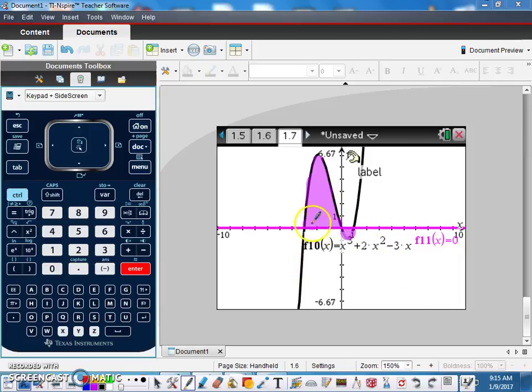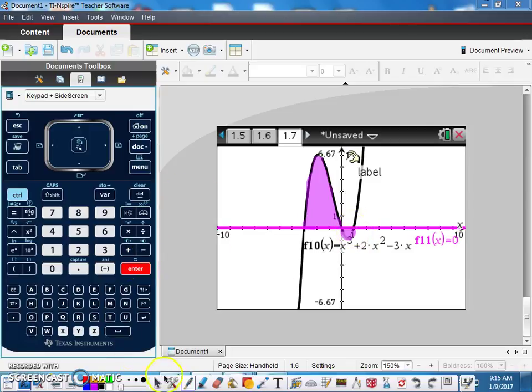And what you'll notice is it changes which curve is on top. So for this first area, the curve is on top, the x-axis is on the bottom. On the second little region, we have the x-axis on top and the curve on the bottom. So we're going to have to divide it into two different regions in order to figure this out. And what I need to do is find these bounds, this one and this one, which are actually just the